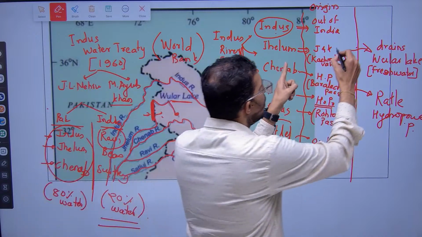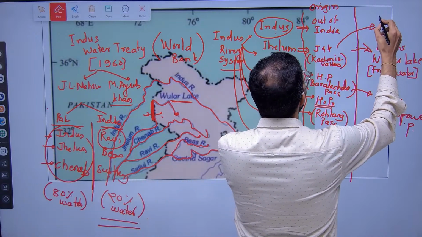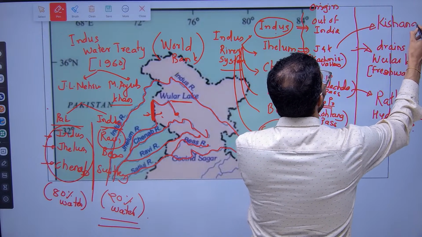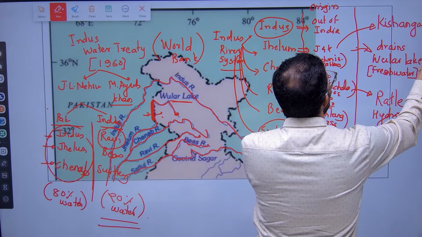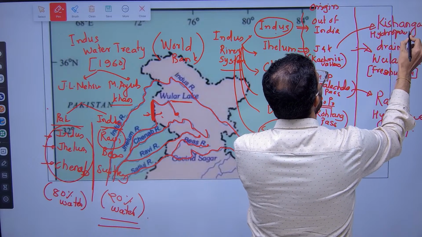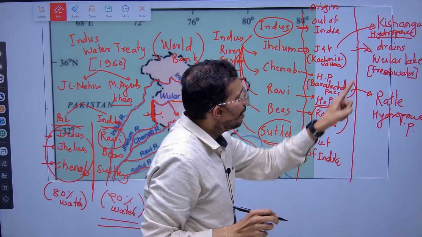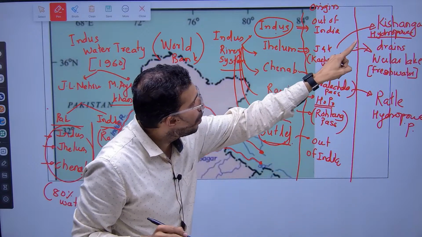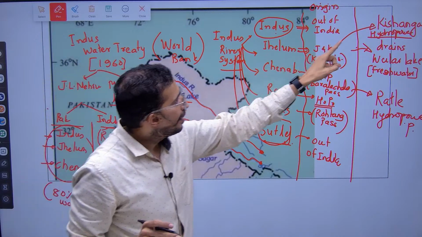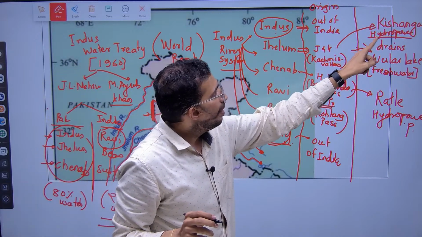While in the Jhelum, there is which one? Kishan Ganga. Kishan Ganga hydropower plant. Imagine, Kishan Ganga is the tributary of the Jhelum river, and Kishan Ganga river is known as the